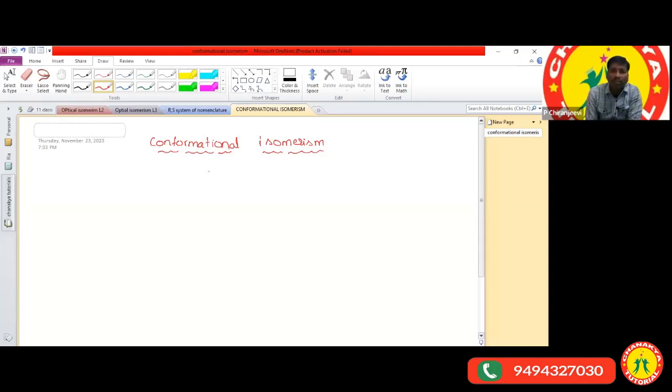So okay, Aditi, today we will discuss conformational isomerism. Conformational isomerism also comes under stereoisomerism. Actually, stereoisomerism is classified into how many types? Two types: one is conformational isomerism, and another is configurational isomerism. Under configurational isomerism, we studied geometrical isomerism and optical isomerism. How many types of geometrical isomerism are there? Everything we studied. And the second concept, optical isomerism, we also completed.